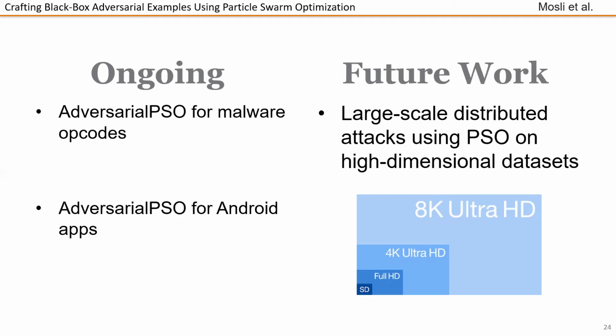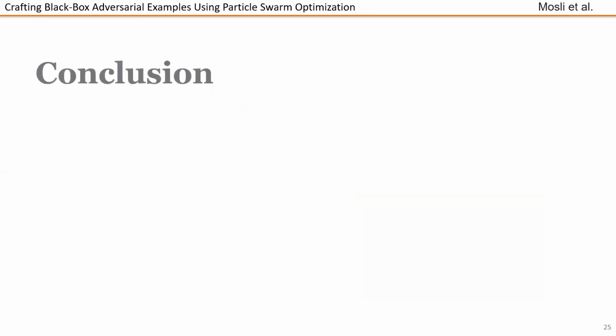Take an 8K image, for example. The dimensions of such an image are more than 25 times larger than ImageNet images. Such a large image can be divided among multiple actors, where each actor would focus their changes on their assigned region. Periodically, attack participants can update one another with specific changes to their respective regions so that those changes can be applied by other participants.